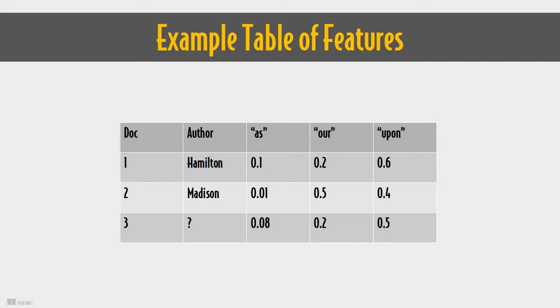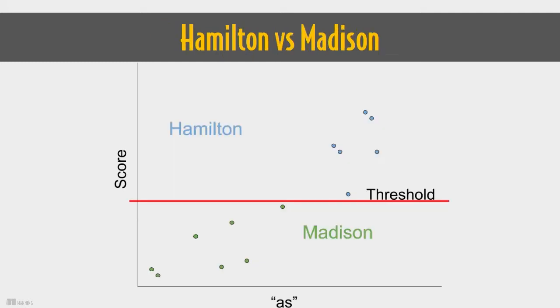You can imagine using these word frequencies then as our base features, computing some weights, and trying to do something. If you only had 2 authors, you might try linear regression, setting your target variable to 1 for Hamilton and 0 for Madison. You'd have to set some threshold, maybe 0.5. If your predicted value exceeded that, you would vote Hamilton. Otherwise, you would say Madison.